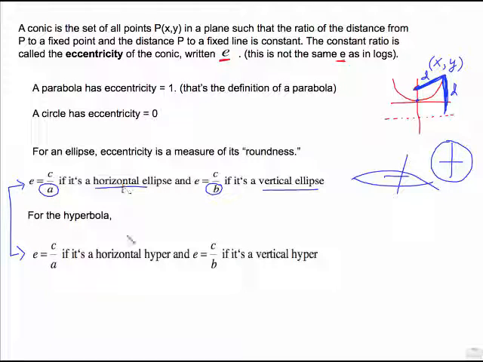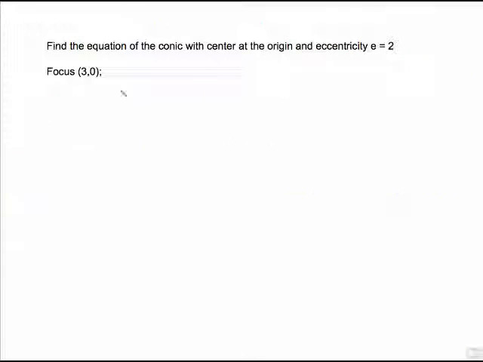Both of those, because of horizontal, C over A, for vertical, C over B. But there's one other important thing about the ellipse. The ellipse's eccentricity is always between 0 and 1. The hyperbola's eccentricity is always greater than 1. That's worth memorizing. So let's take a look at 2 examples that ask us to write the equation of the